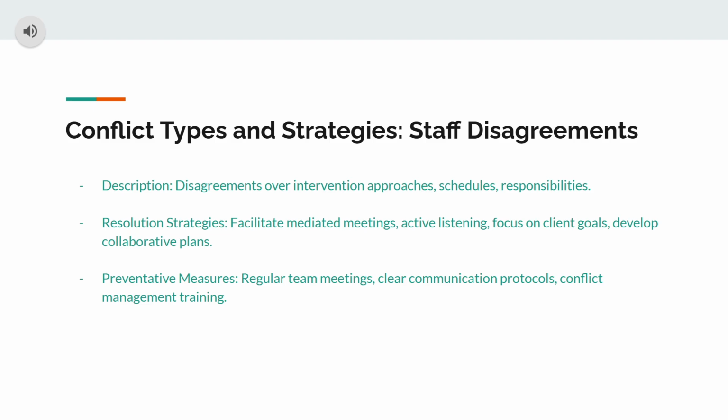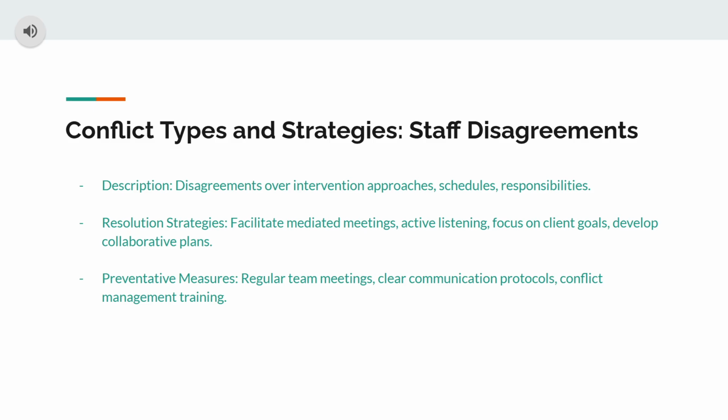Alright, we'll have our first conflict type along with its strategies be over the topic of staff disagreements. Staff disagreements may happen over intervention approaches, schedules, and/or responsibilities. Examples of this may be when there is confusion over client programs where staff members are implementing programs two different ways, recording negative when it should be positive, and vice versa. Now, some resolution strategies may include